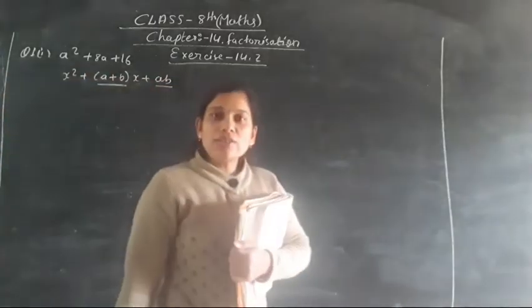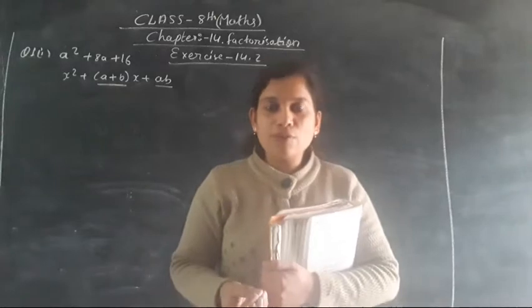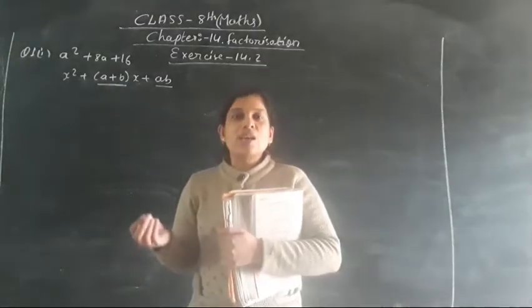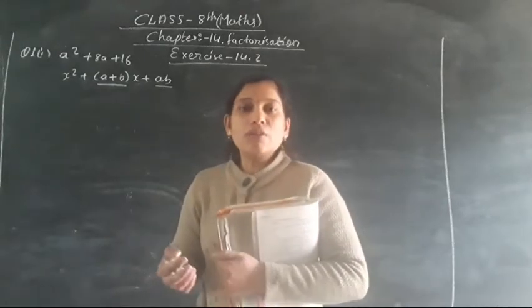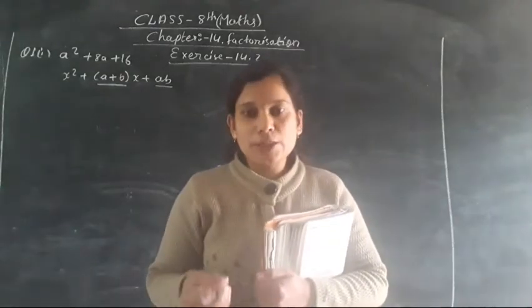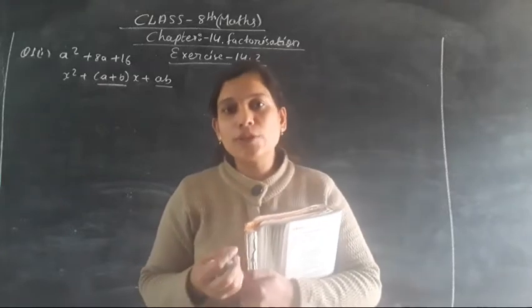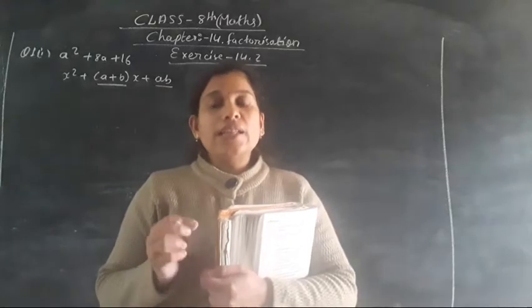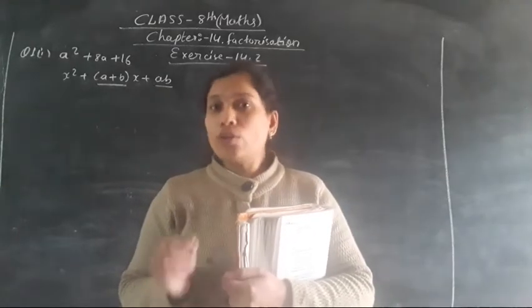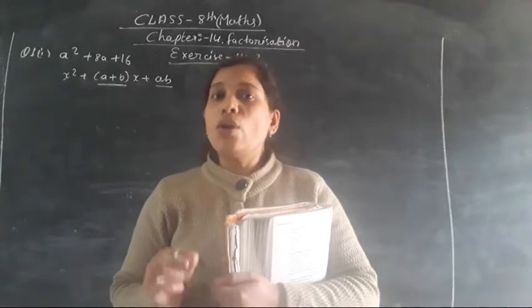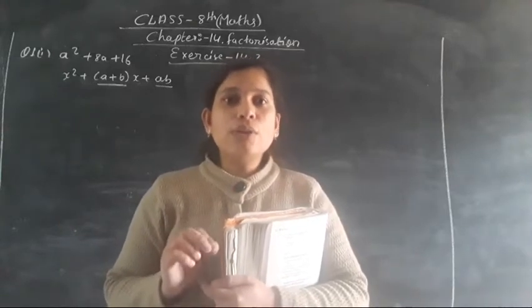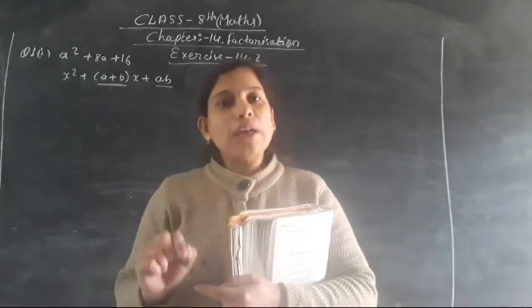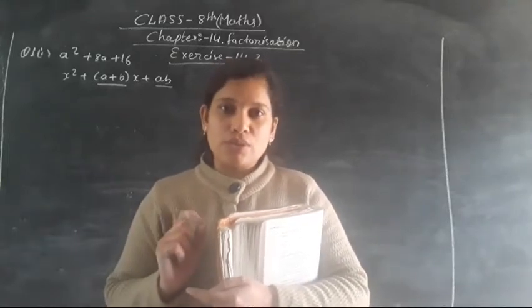What is given here? It is asked to factorize the following term. That term is a square plus 8a plus 16. So this question is going to be solved by the splitting the middle term method. Splitting the middle term method means we have to split the middle term in such a way that either by adding two numbers, not more than two numbers, only two numbers, or by subtracting the two numbers, the middle term should come, and with the same numbers we have to do the multiplication so that the last number should come.